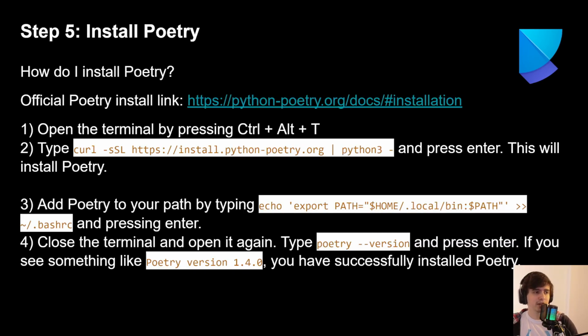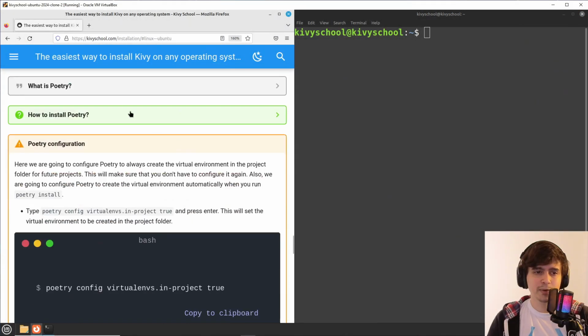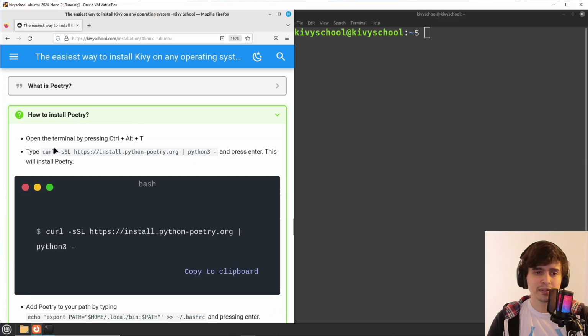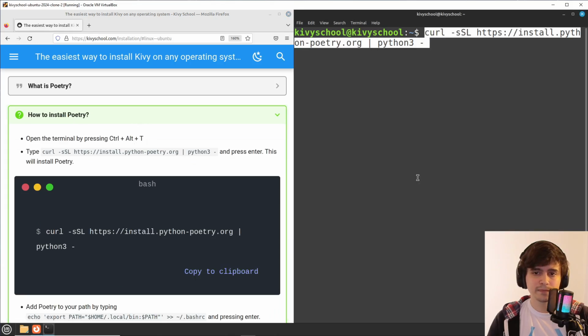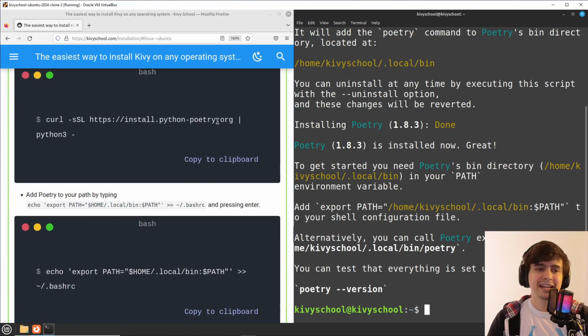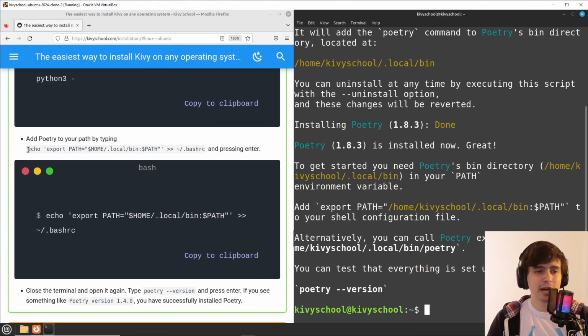Okay, how are you going to install Poetry? Basically, you open the terminal, you type this command, and then you add Poetry to your path, and that's it. So let's do it. Let's go here on install Poetry. How to install Poetry? You open the terminal, you type this command. Okay, now we are going to add Poetry to our path.